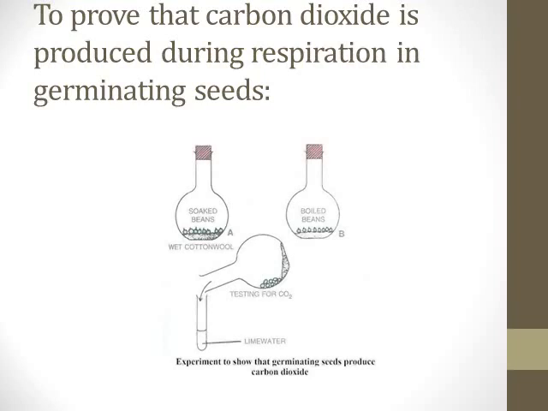So the flasks are securely corked and left in similar conditions of light and temperature. After a few days, the seeds in flask A will be found to have clearly germinated, and those in flask B show no signs of germination, because we already know it is a dead seed, so it's not going to germinate. The water-soaked seeds present in flask A are going to germinate.